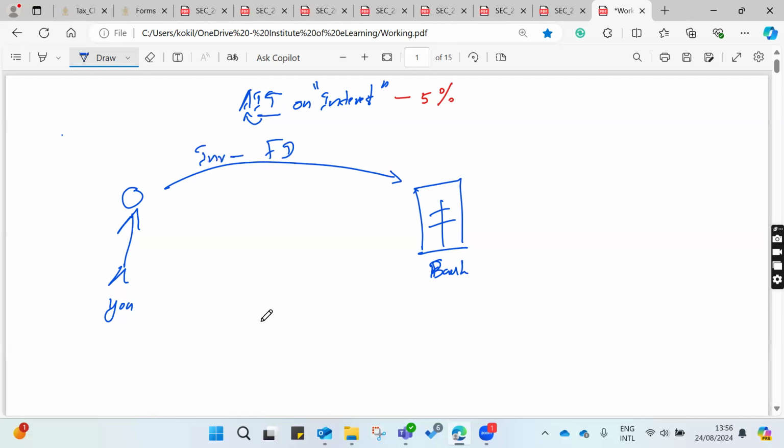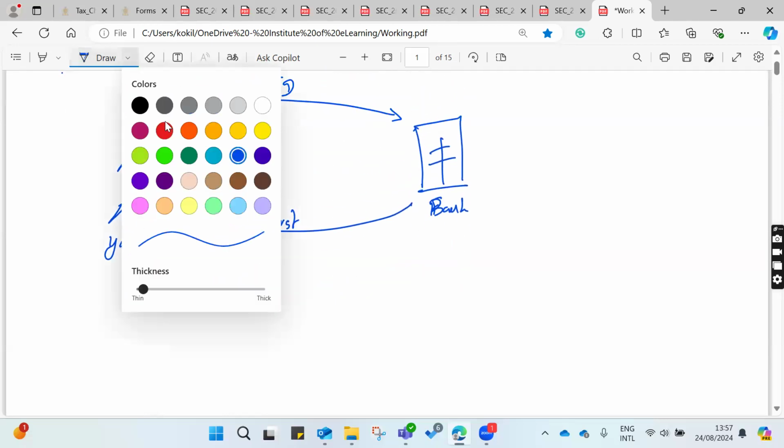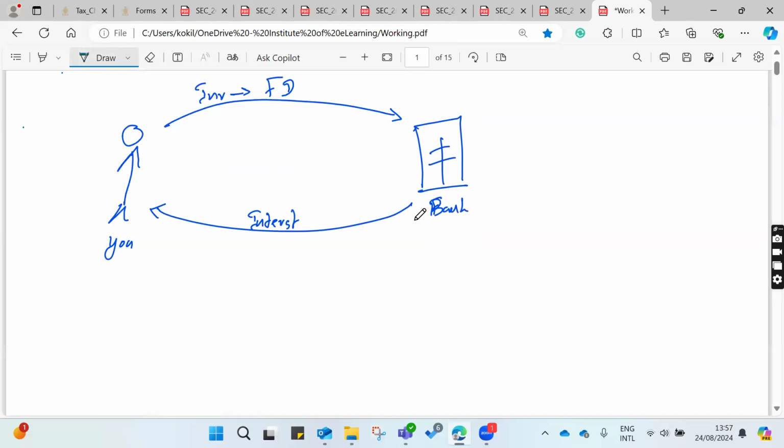In return, you will get interest income. Will you get the entire interest income to your account, or is there any withholding tax or advance income tax? Let's assume, for the month of April 2024,